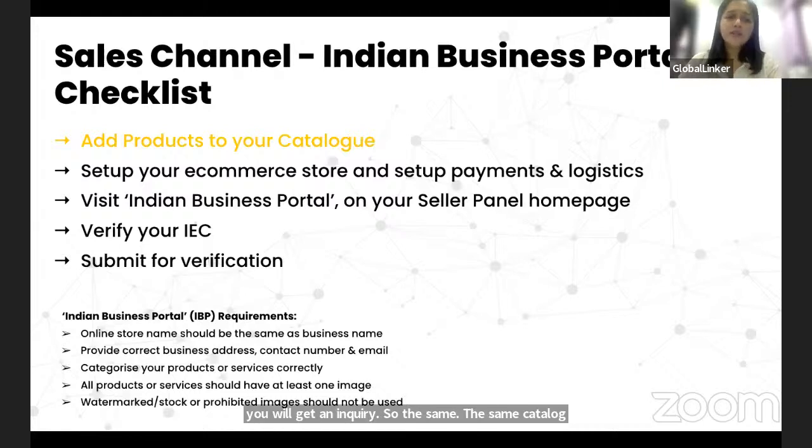Again, you just need to add products to your catalog, which you have already done. You need to set up your e-commerce store and set up your payments, etc. After that is done, you go to the Indian Business Portal on your seller homepage and you fill up the